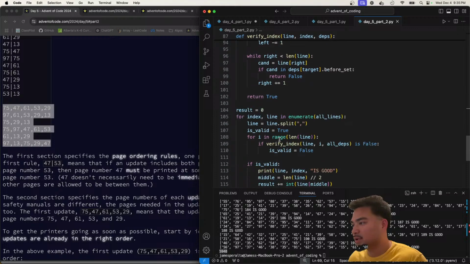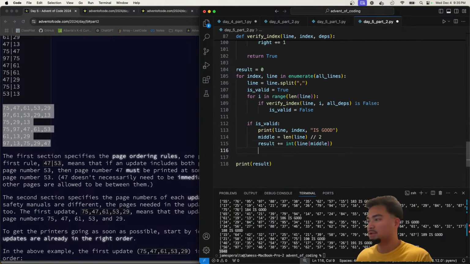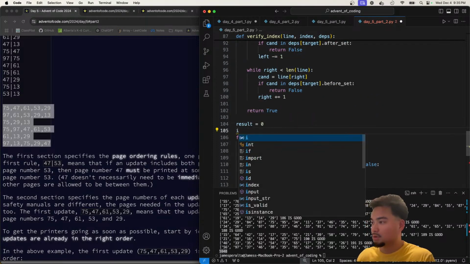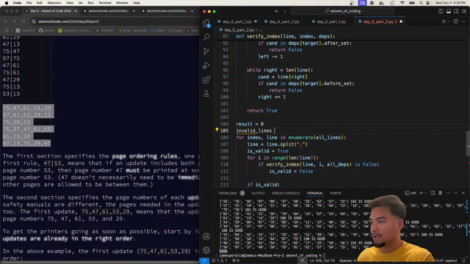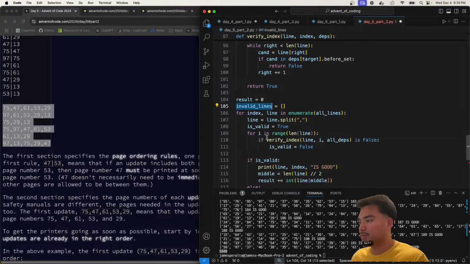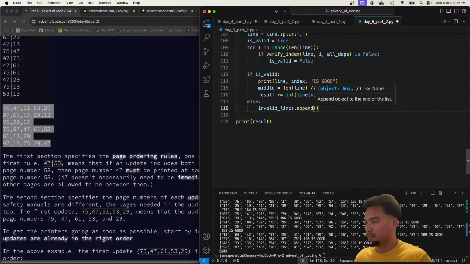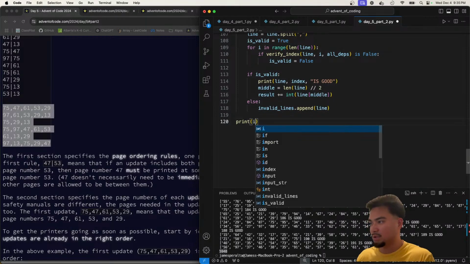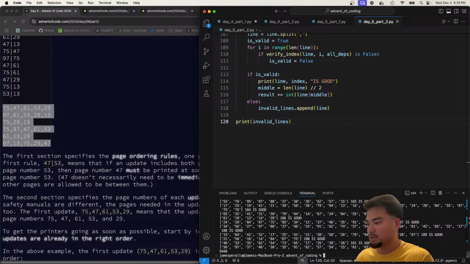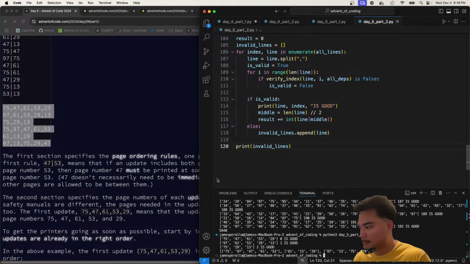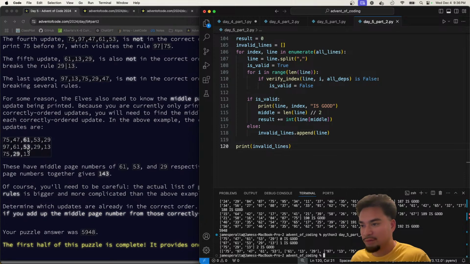Let's just see how this depends. Let's see, if else, print invalid lines, and then we'll add to invalid lines dot append the line, and we'll say print invalid lines. So let's just make sure we're printing the invalid lines. It's good. What's going on? What? Oh, printing the wrong part 2. So yeah, it makes sense. We do have the invalid lines here. Now we just need to figure out